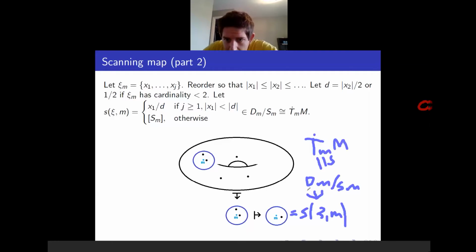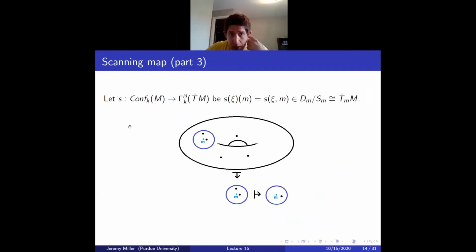This is an in, not an arrow. Okay. Any questions? Yeah, so